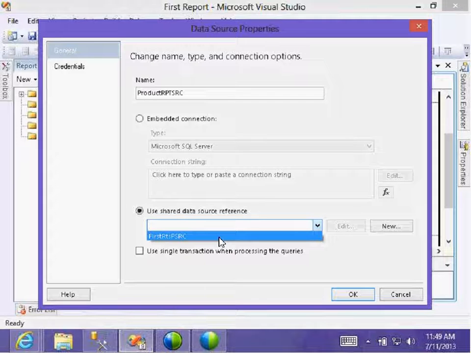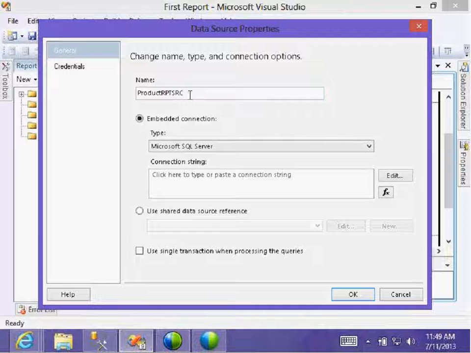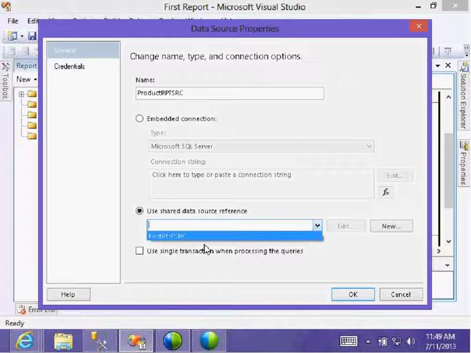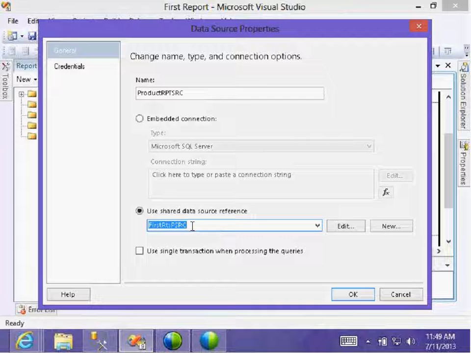Okay. You can create sources at one time and keep them in the shared data source and use them in the reports one by one. Or else you can create one embedded for this report, but you cannot use it for another report. Okay, use it for this report only. Okay, or else this first report source we use as a product report source, which will be the report source for this report.